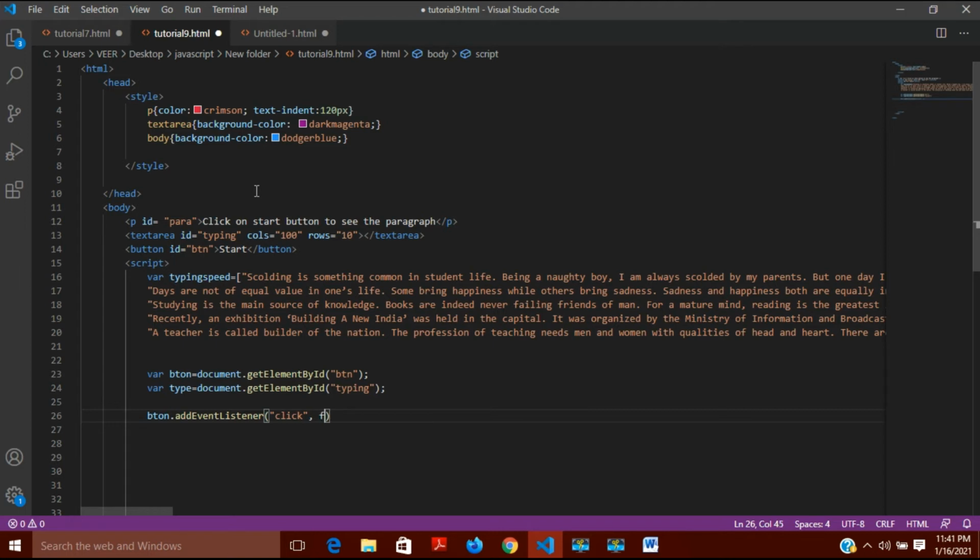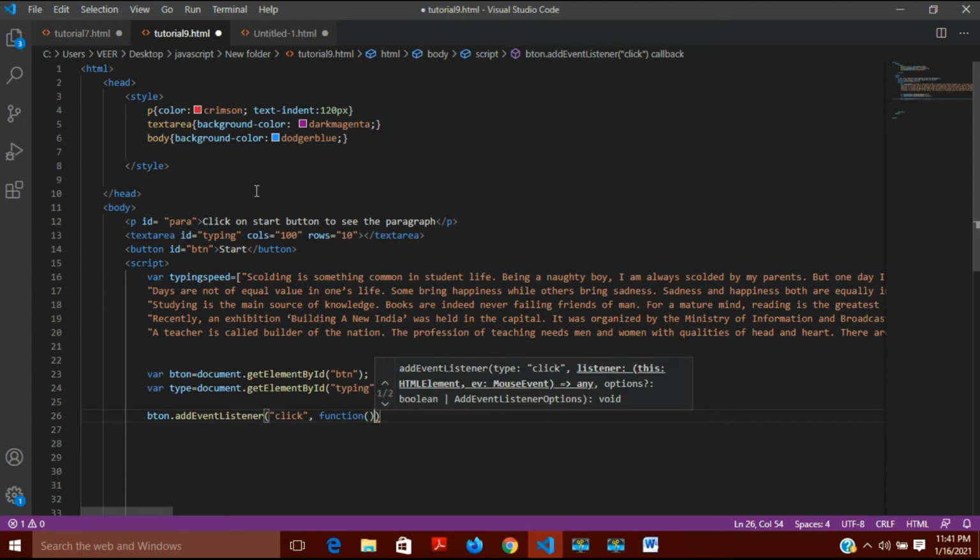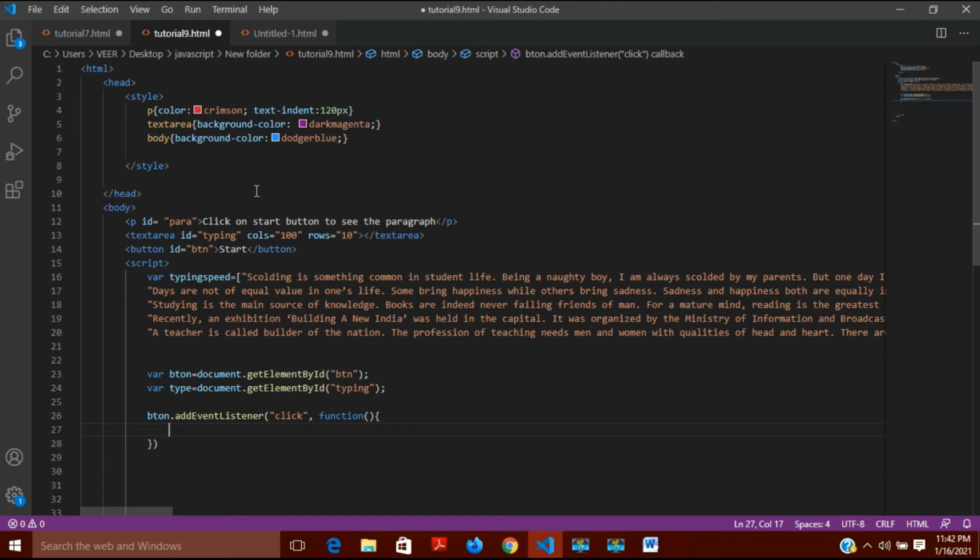So here I will write the function, and that function should have these two brackets after it, and these must be empty. And after this here I will put curly brackets, and here I will write the function which it should create on click.